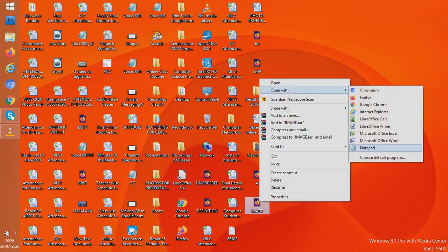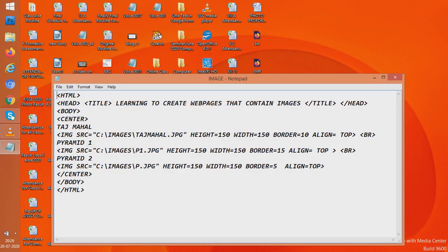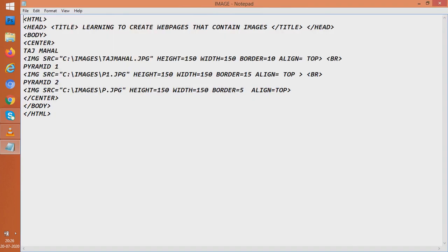So I will again go to Notepad and now I am going to use something called the ALT attribute and I will write here within ALT, sorry, image not ready.